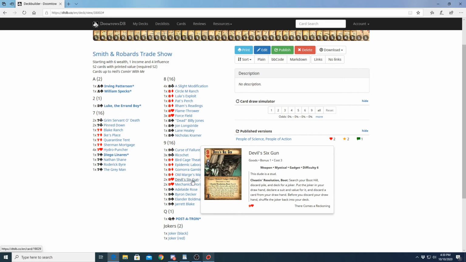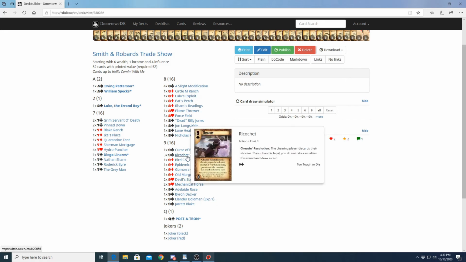Yeah, so I'm going to talk about a couple of really good uses of this. One is when you're in a shootout, especially if you happen to have Ricochet in your hand. It's really great to be able to choose between, do I use Devil's Six Gun to get that Joker back, oftentimes from your boot hill if you need to. Not only does it raise my hand rank now, it also tells my opponent there's now another Joker in this deck for the next round. So you're going to have to deal with that again soon. Do you really want to fight this next round against me? And I've been paying attention, and